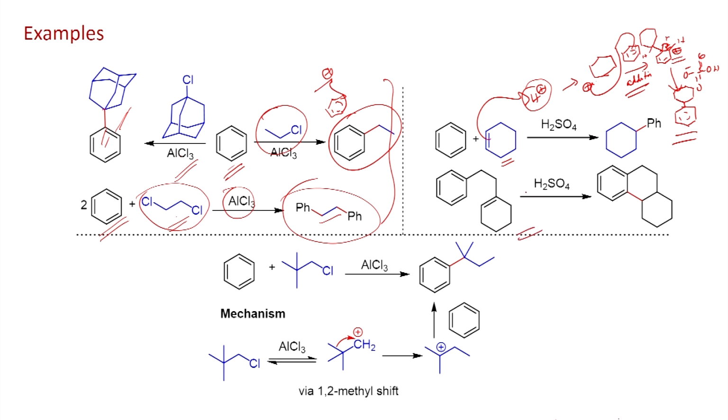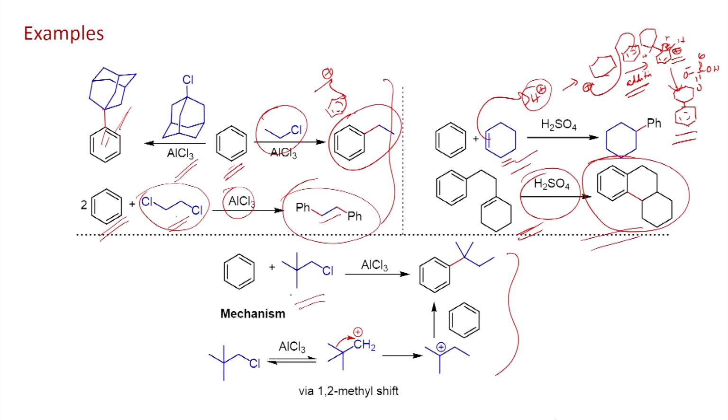Similarly, in this case also, in the presence of acid, you can form the carbocation which can undergo cyclization, you will be able to form the tricyclic system as the product. So, these reactions are examples of the alkylation reactions. If you have alkene, then also in the presence of acid, you can make a carbocation which can act as an electrophile that can readily undergo reaction with aromatic systems, and you will be able to form the alkylated compound. Here an example is shown, these all are very straightforward reactions.